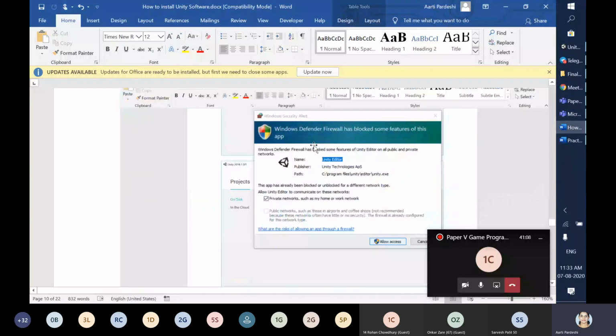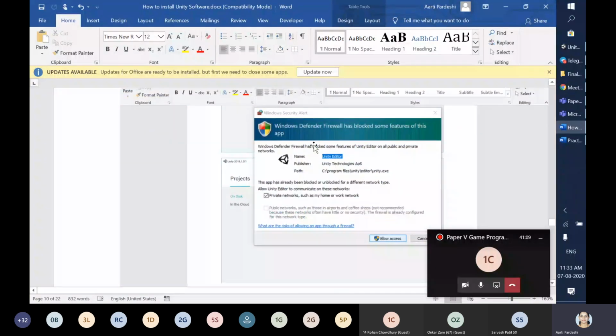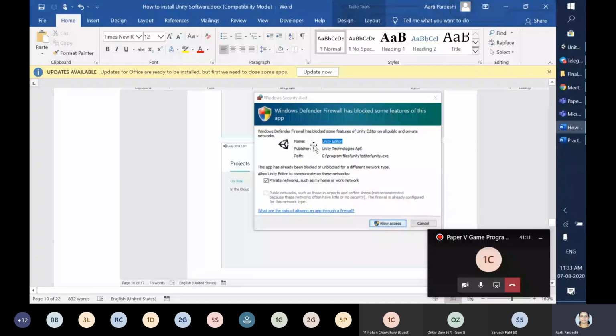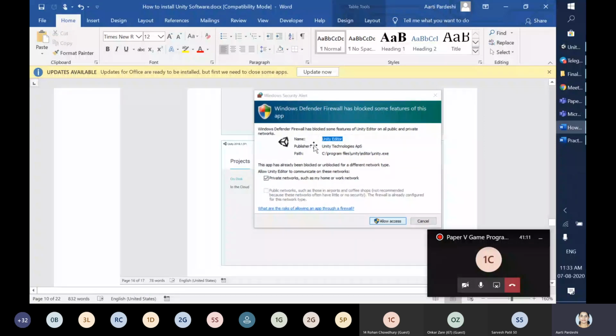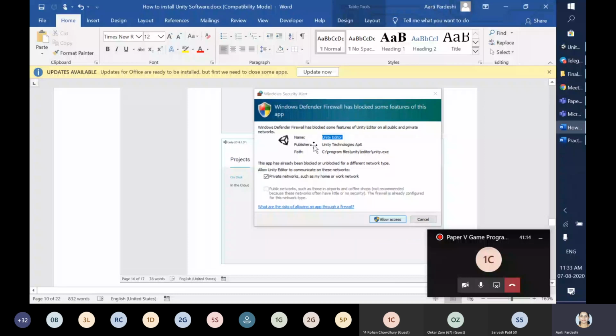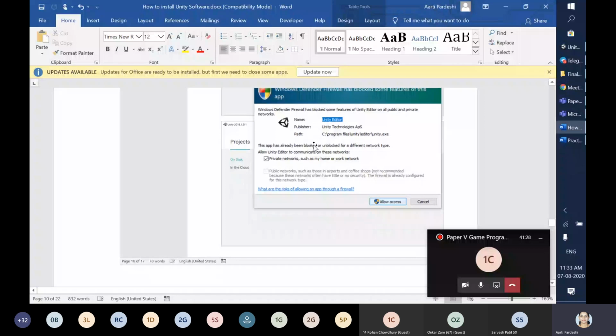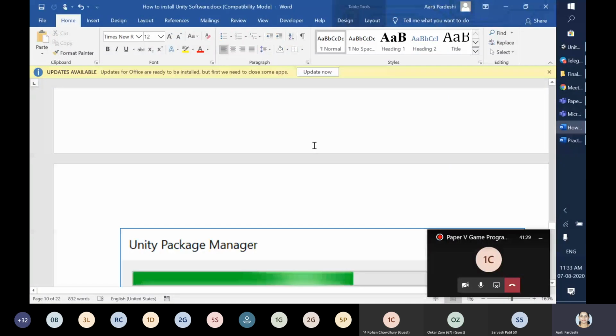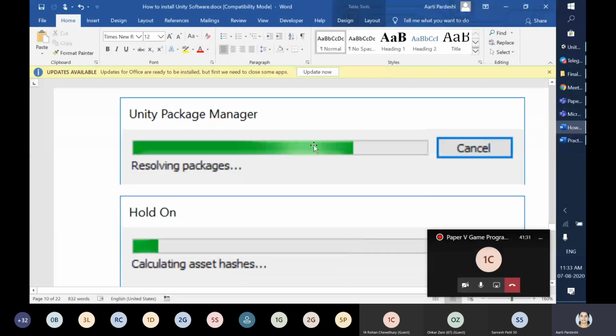Many of you who are using Windows 10, if you have a firewall installed properly, the Unity editor will be blocked by your firewall, and you're going to get a message that the firewall is blocking it. Do you want to allow access? Say allow, meaning click yes, allow that access. Because we are going to use it on a private network, and not for any professional version, it's totally okay to go ahead with it. Now whenever you click on that okay or allow access,